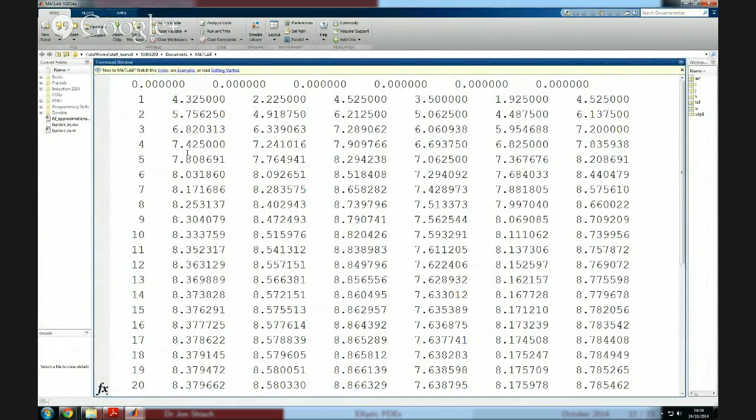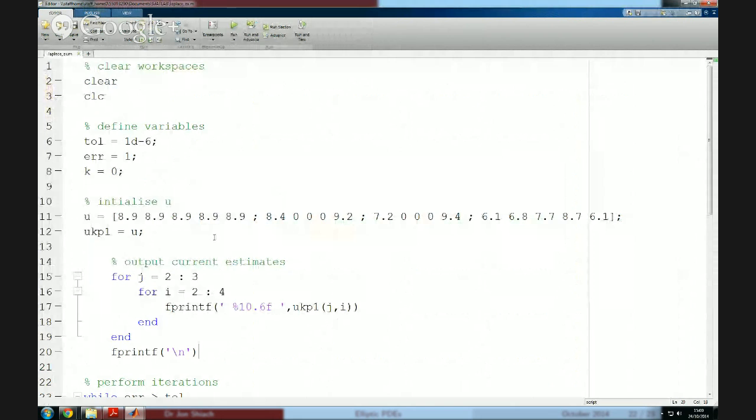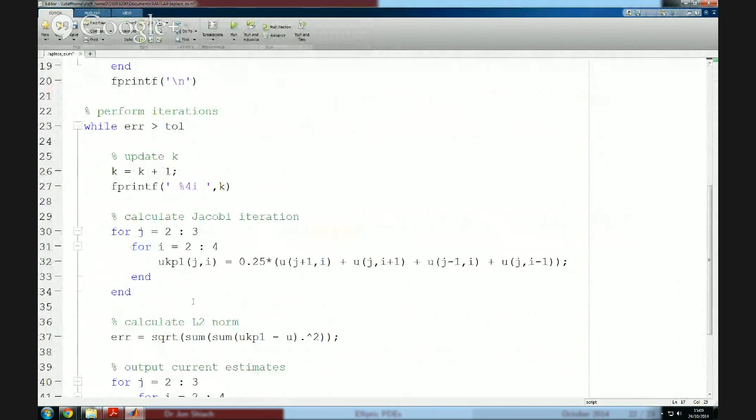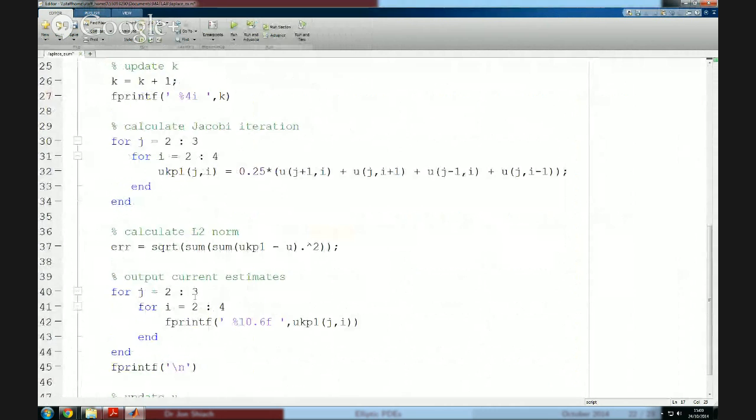The first estimate improved each one. Remember, it's row by column order. As you can see, as we go down, these start to zoom in. These start to converge to a particular accuracy. What I'm also going to do is output the L2 norm. Just reduce that by about 2. If I output the L2 norm as well,